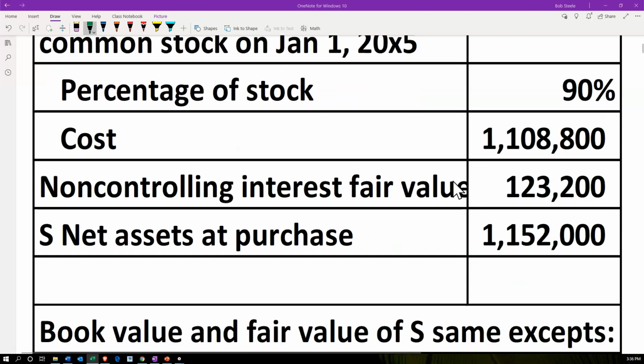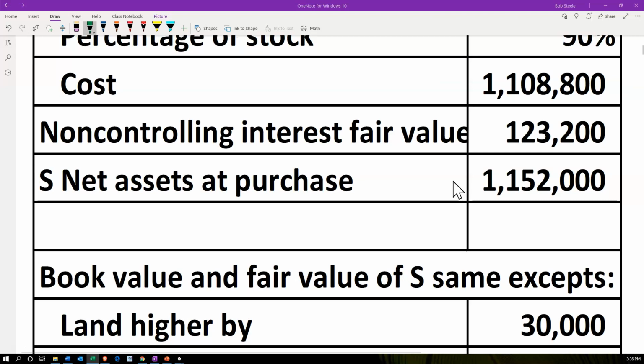Therefore, the amount was $1,108,800, the cost of that 90% interest in S. The non-controlling interest fair value at the point of purchase was $123,200. S net assets at purchase, meaning the net assets minus liabilities, or the equity section, at the point of purchase of S, is